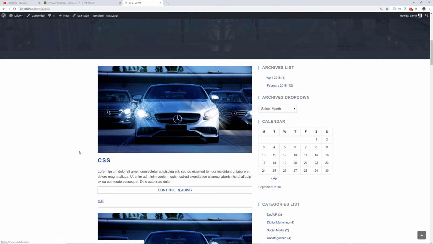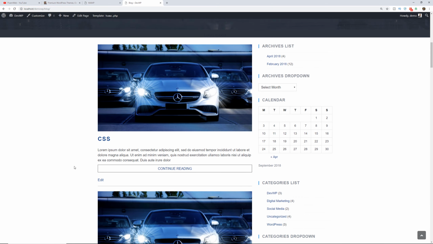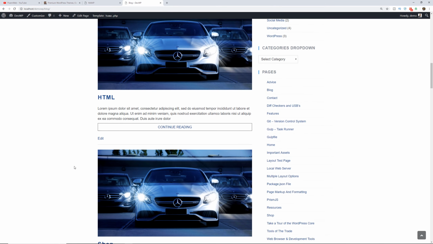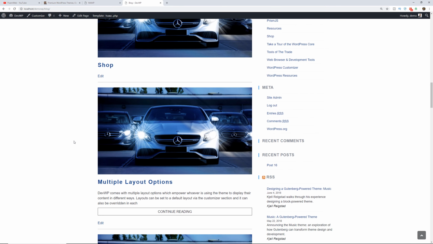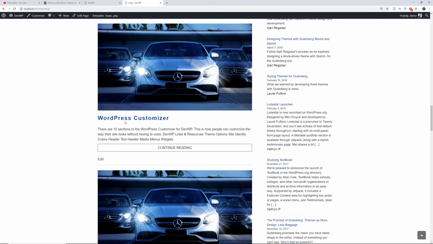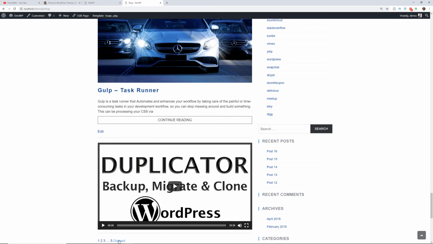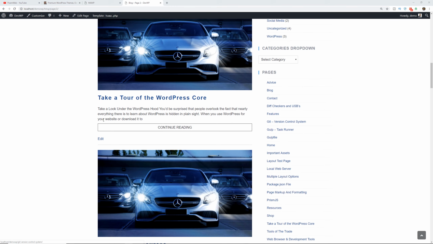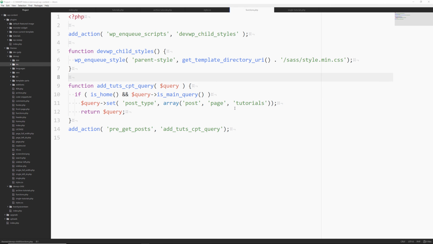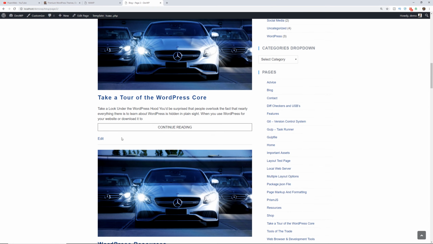All right, so now you see that on the blog roll page, we have our CSS tutorial and the HTML tutorial mixed in. I'm bringing in some other stuff as well. So that's why now you see these items as well, besides the post 16 and the other stuff. But now it's bringing in more items. If you go back over here, you see what I did here is I mixed in the pages with the actual blog content. So that's why you got all those.